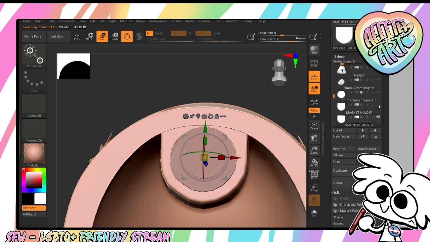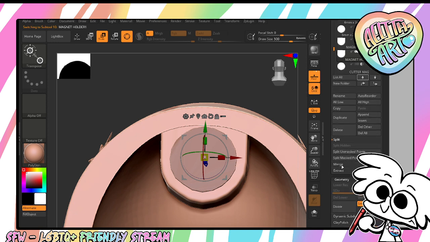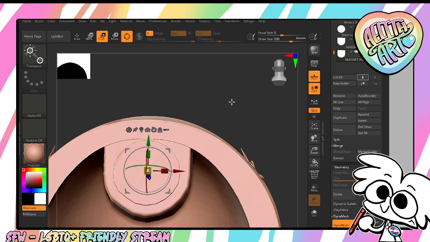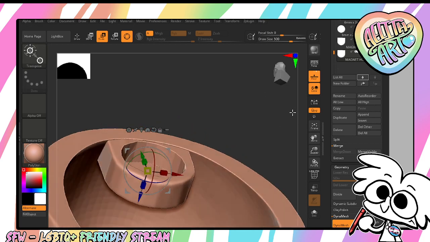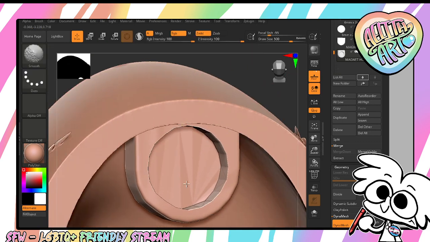Duplicate the magnet holder in case we mess up. We're going to merge the magnet holder onto the magnet cutter. Then we're going to control drag. We now have a cutout magnet hole. And this would look cleaner. You know, you can make a cleaner object than what I've used. But